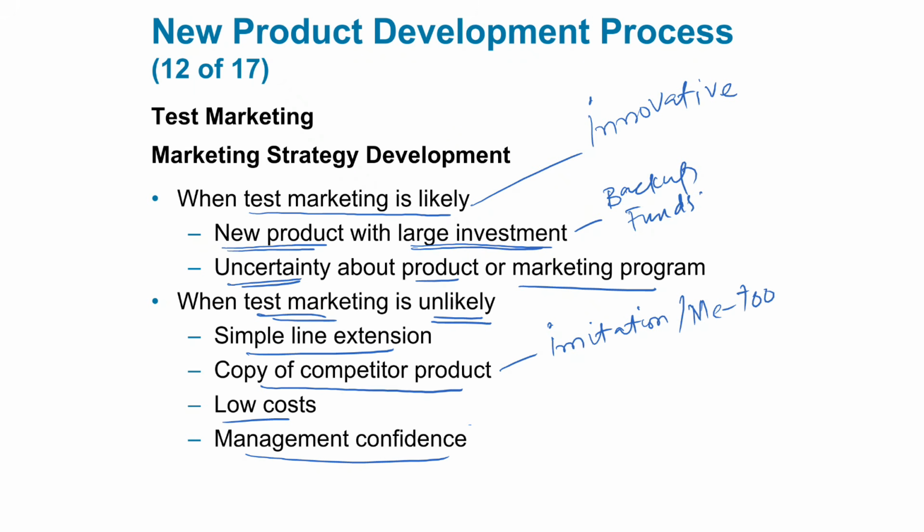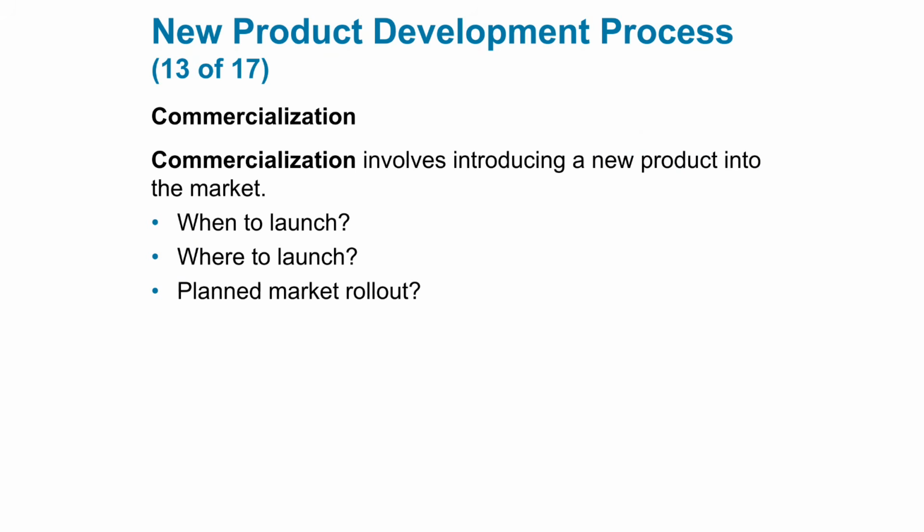You just directly went to the next stage, and that is commercialization. Okay, the next stage is called commercialization stage. Commercialization stage is also called the launching stage, where you make the product available to the market. So the new product is made available to the market. It seems very easy. It's a tough process.